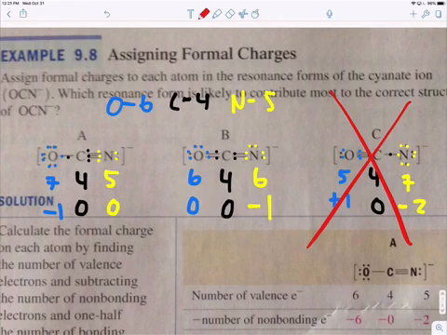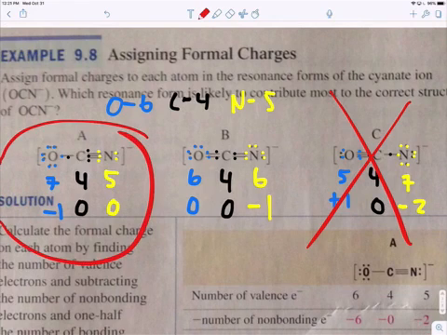We pick the one that's more electronegative. Oxygen is more electronegative than nitrogen. Therefore, the most proper structure is this one, number A, because it puts the -1 charge on the more electronegative atom. So,